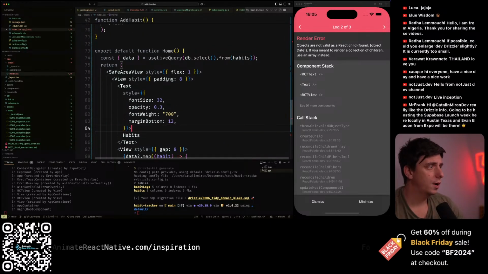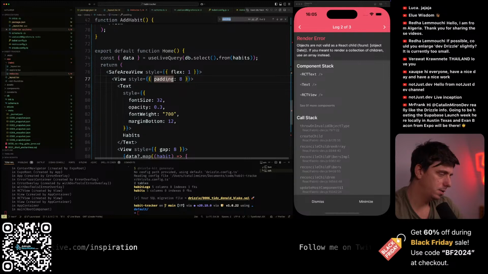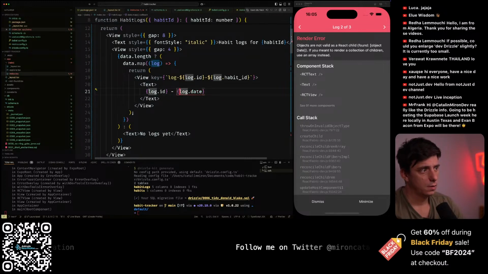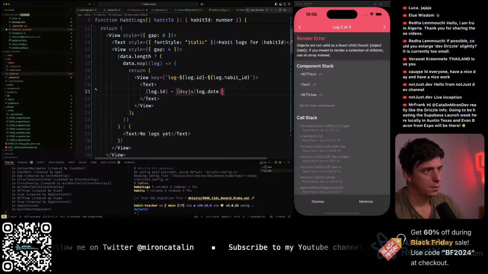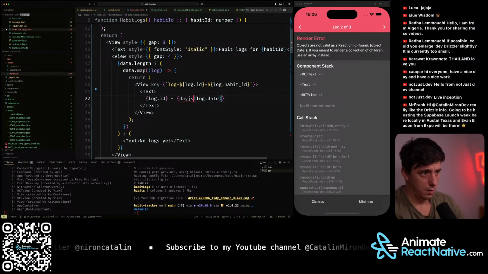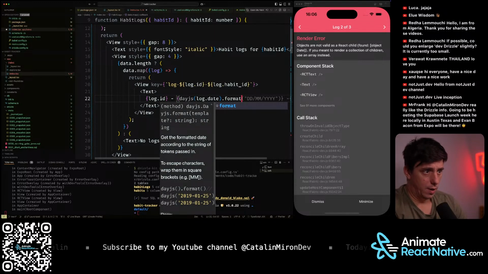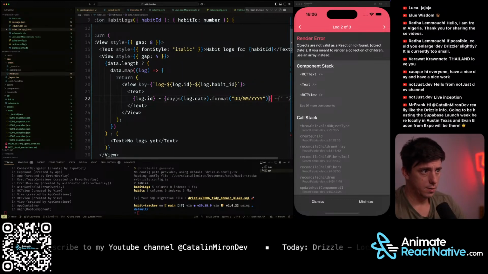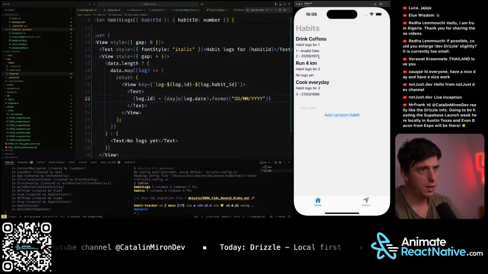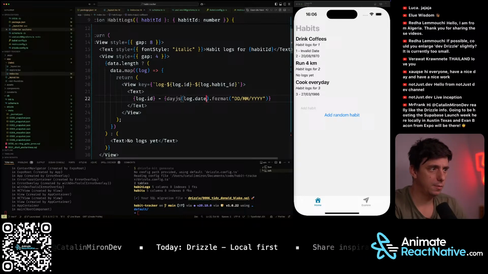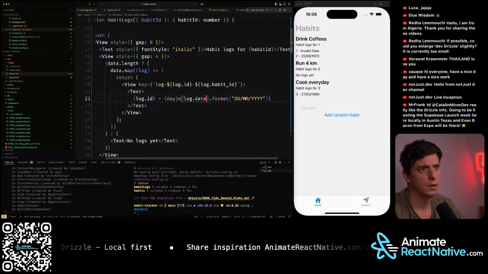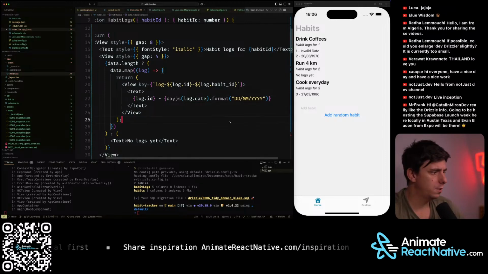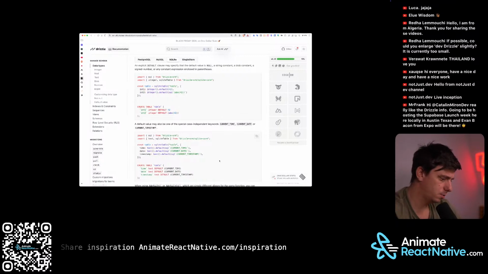If we go back to habits where you have the date, the day.js date format and edit as it is. Invalidate. It should be fine. Multiply by 1000. No. Yeah. So I think if I'm going now to say